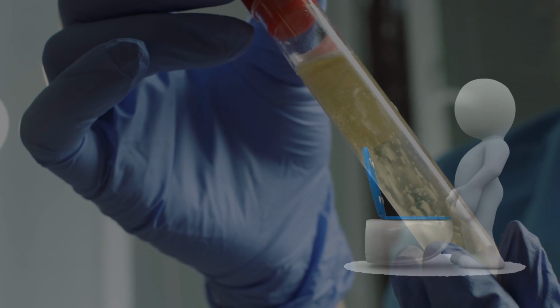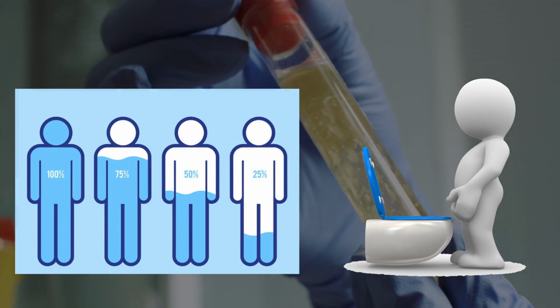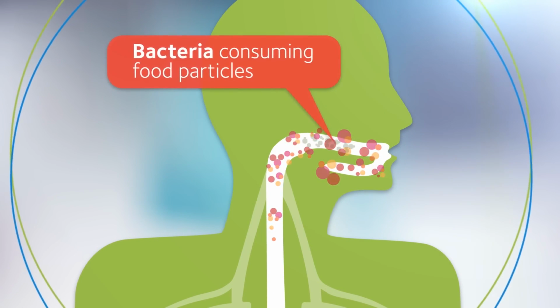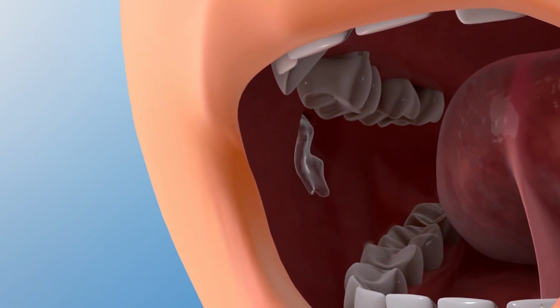For example, coffee is a diuretic, which means it can increase urine production, which can cause dehydration in your body. This can lead to a dry mouth and reduced saliva production. Saliva helps cleanse your mouth by washing away bacteria and food particles. But low or no saliva production can cause the bacteria and food particles to reside in your mouth long enough